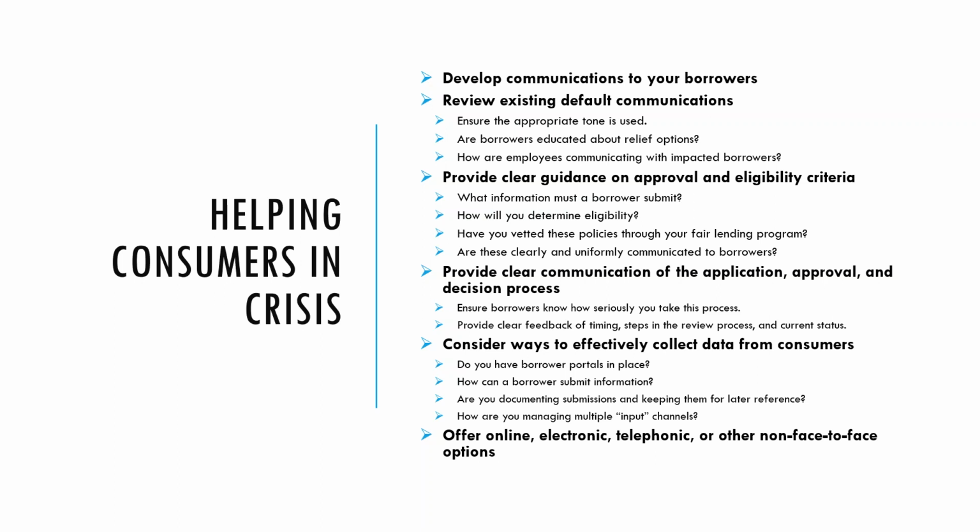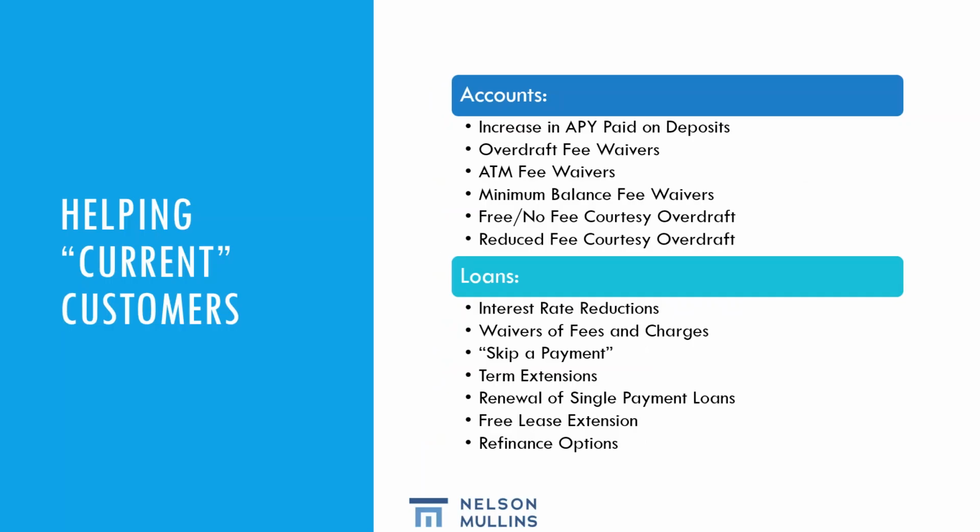And then most important, always consider what the different options are, whether we're talking about payments, applications for modifications, forbearance applications. What are ways that you can collect this, either online, electronically, telephonically, and then making sure you have controls around that. We've seen a lot of people in the last week getting in trouble with reaching out to borrowers saying, hey, we'd like to help you. And maybe the borrower is sending emails in to a banker or a customer service rep at a lender. And then they're also faxing things in. Then they're also potentially using a portal to submit information. Are you tracking that and keeping it all centralized?